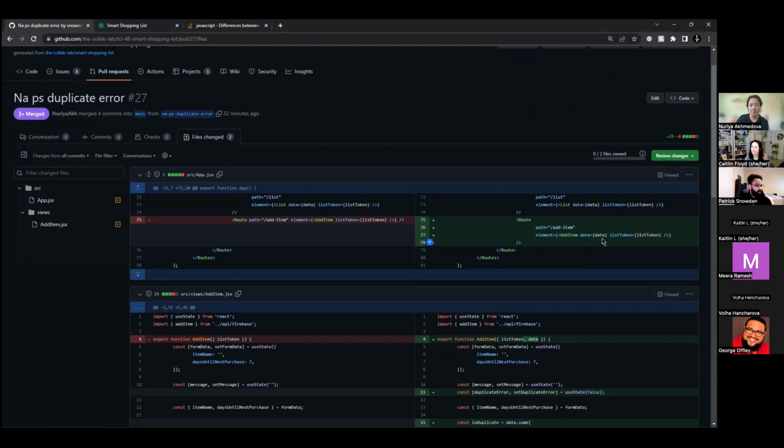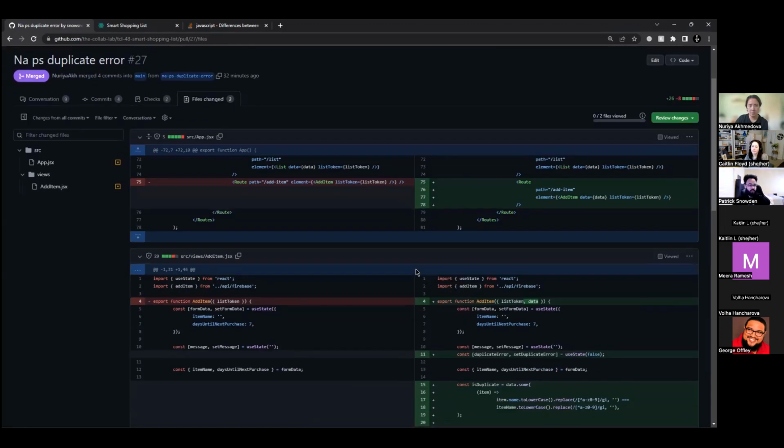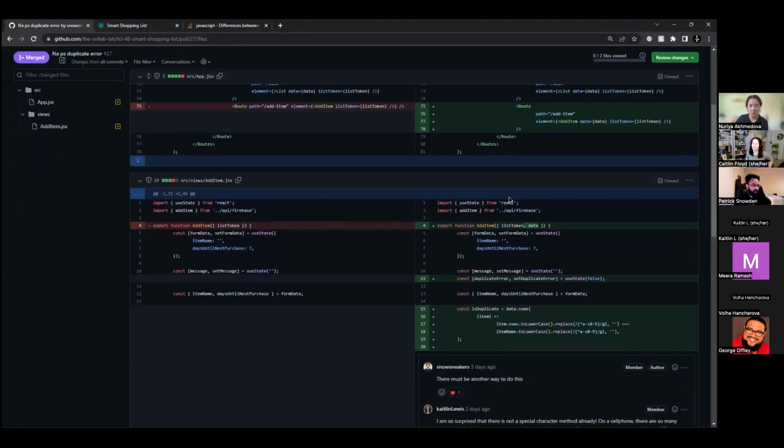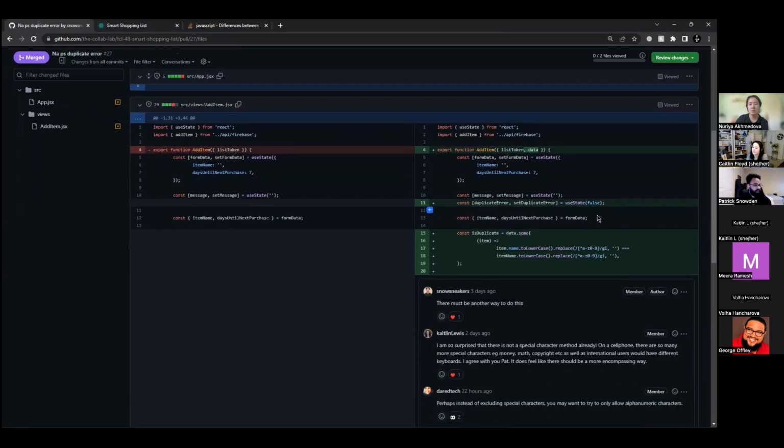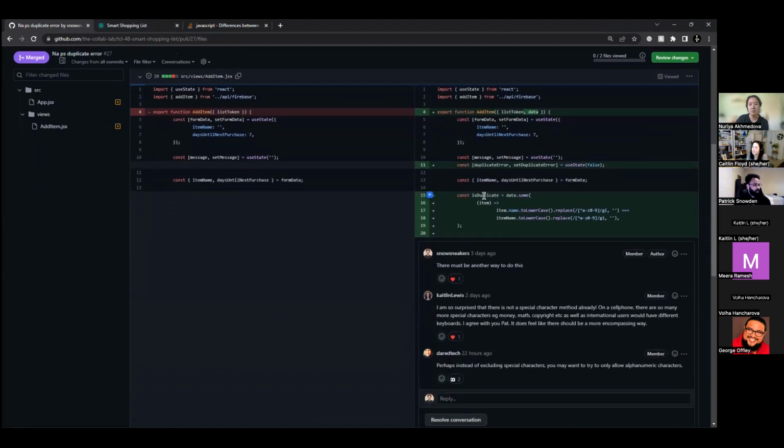So we passed in the data from the app.js to the AddItem.jsx to allow us to parse through all the data that's in the list, and we can compare with that. We set up this new state duplicate error, and it's a Boolean, true or false. And then here is where we check to see if the item is already in the list.